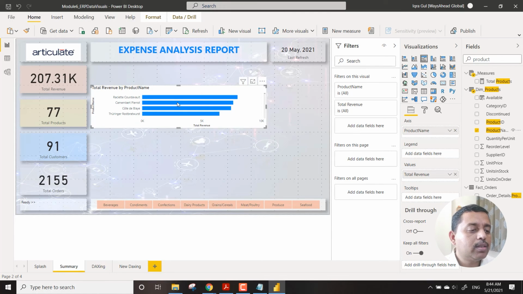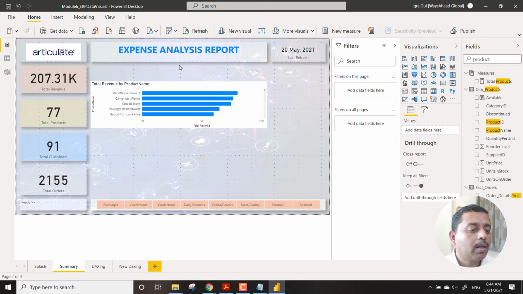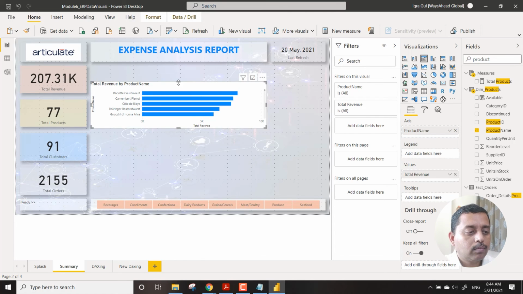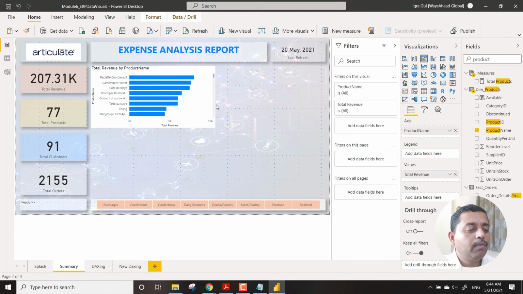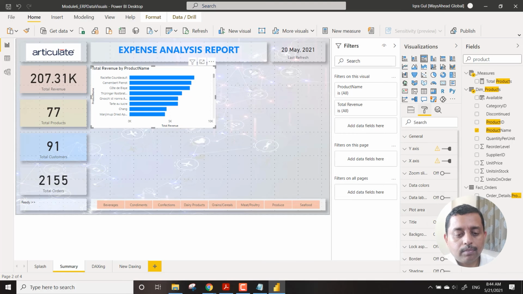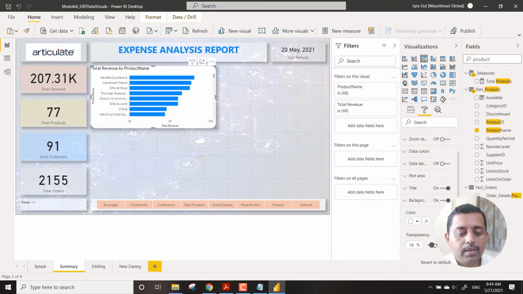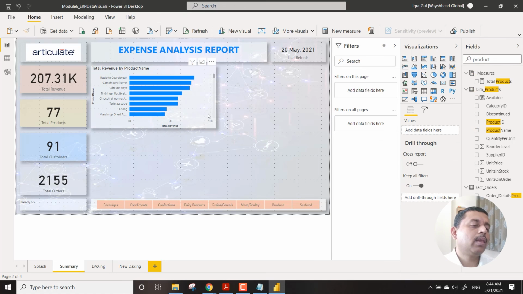So if you notice over here, this is the area that we wanted to use for the products. So products and revenue that we are seeing, and so we give the aesthetics and the looks, whatever is required over here by this data.